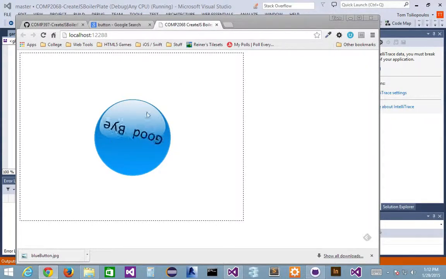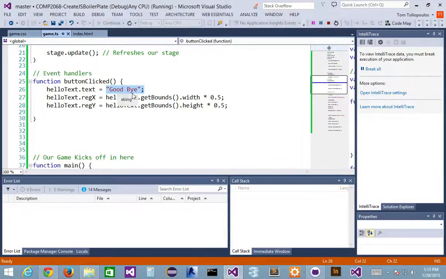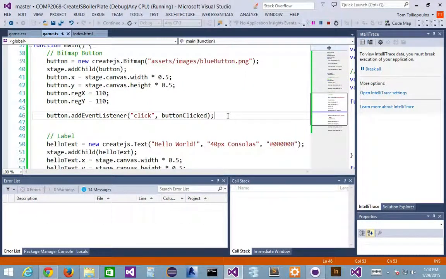Okay, this is cool, but my button doesn't look like a button. It just looks like a blue circle with some funky stuff. In order for me to make it look like a button, I need to do some kind of effects when I hover in and out of it. Okay, cool. Let's write that and make sure it works. So I need to add a couple more event listeners. One of them is